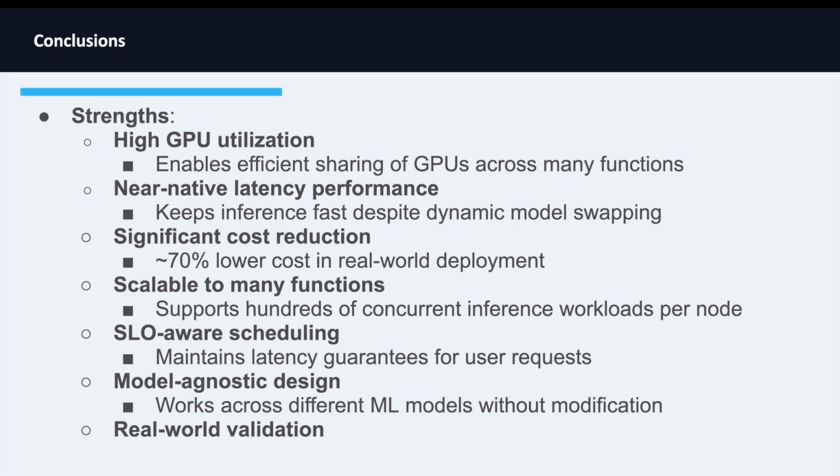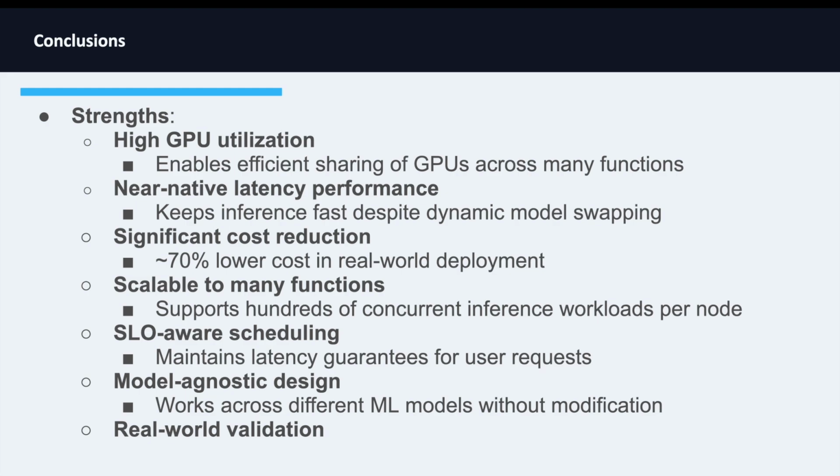So starting with the strengths, and there are a lot of strengths here. I would say the biggest one is that Torpor actually got deployed. It's not just a lab prototype. It ran on real production traffic at Alibaba Cloud, serving over 150 users using more than 350 GPUs, handling up to 465,000 requests a day. And that kind of real world validation is rare in systems papers, and it makes the results a lot more